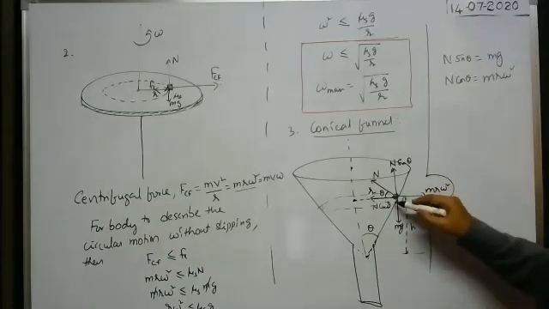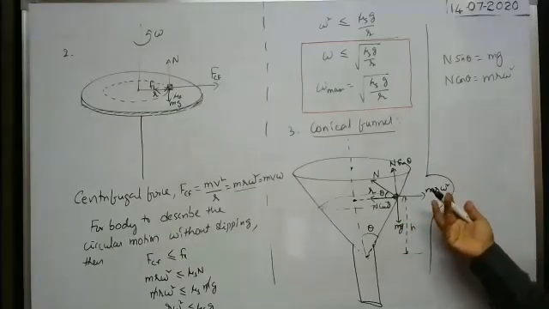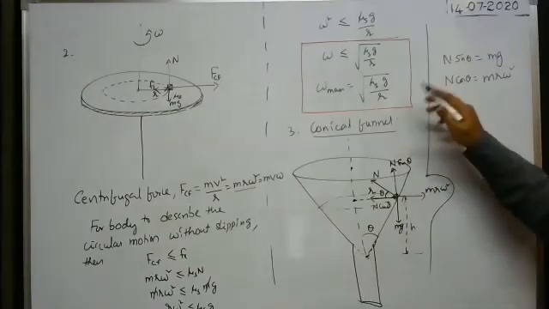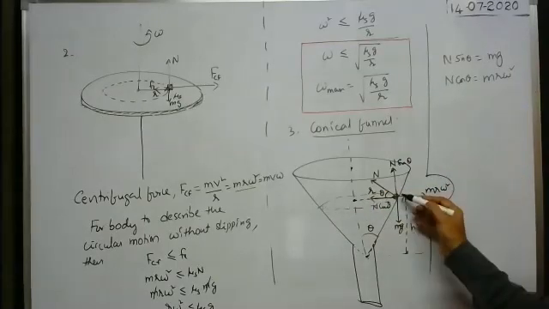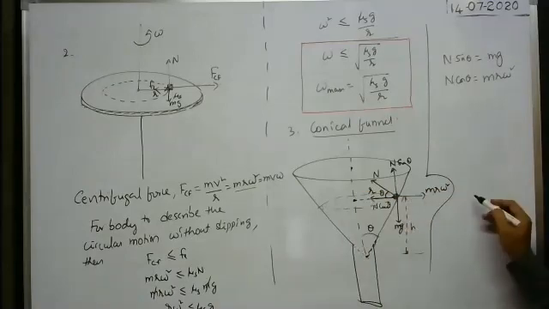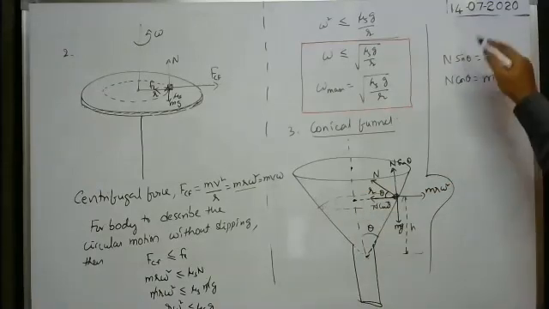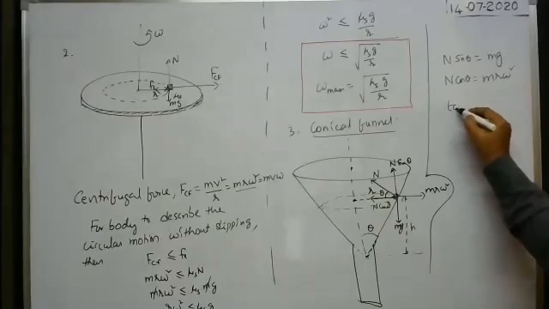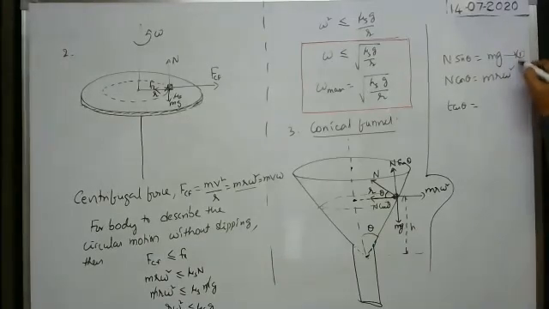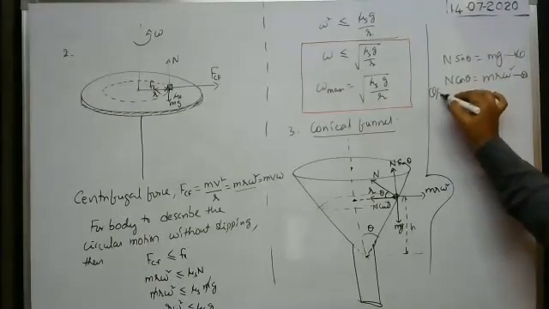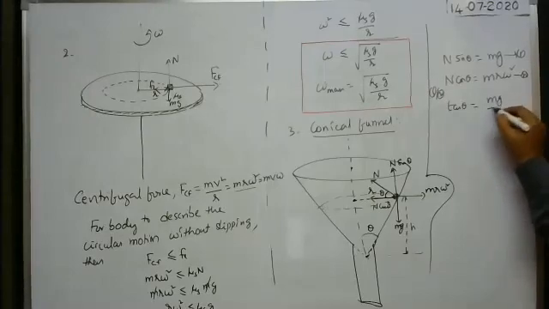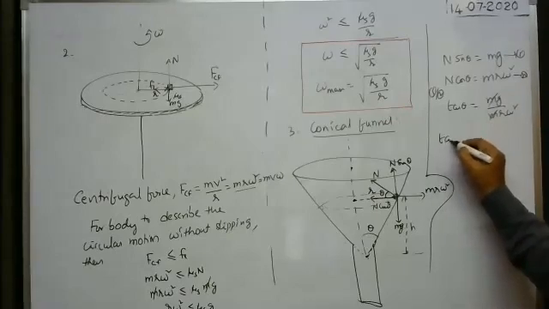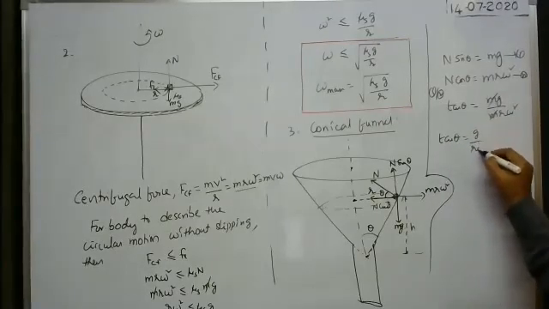Okay, these are the conditions for the body not to rise or not to fall. Because whenever the body does not rise or fall, along any direction net force is zero, no? That's why along this direction net force is 0, meaning mg is equal to N sin theta. Along this horizontal direction, the body neither moves in this direction nor in this direction. That's why these two forces are also balanced. Now divide these two. Then tan theta is equal to, this is equation 1, this is equation 2, 1 by 2 I did. N sin theta by N cos theta is equal to mg by m r omega square. So m cancels. Therefore tan theta is equal to g by r omega square.